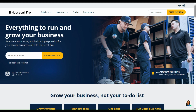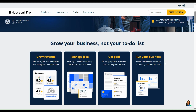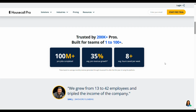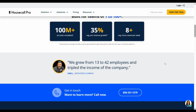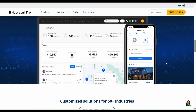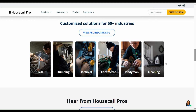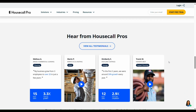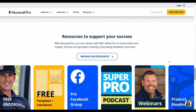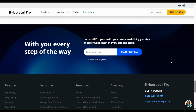Housecall Pro is a field service management platform aimed at small to mid-sized service businesses. It covers core needs like scheduling and dispatching, invoicing and estimates, mobile access for techs, and customer communications through texts, emails, and notifications. Their design is known for being user-friendly with drag-and-drop scheduling, real-time dispatching, and a relatively clean mobile and web app. It also offers some more advanced add-ons like equipment tracking, GPS tracking of employees, and some marketing and review management tools. For many small business owners, Housecall Pro hits a sweet spot between just enough features and manageability